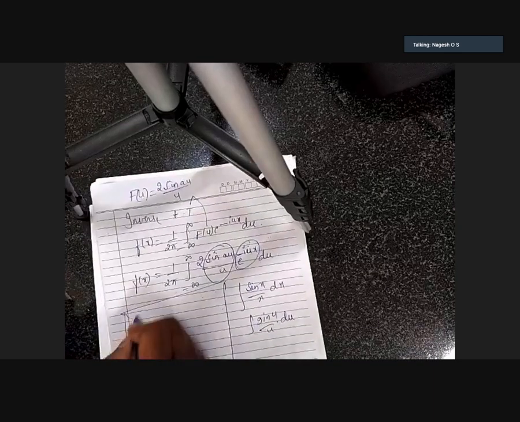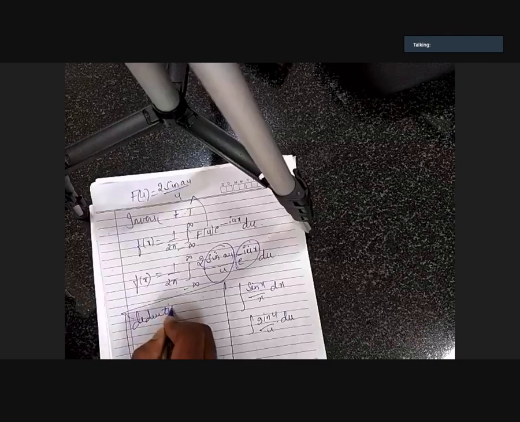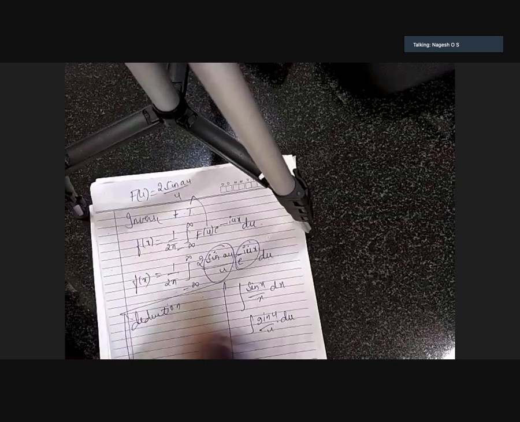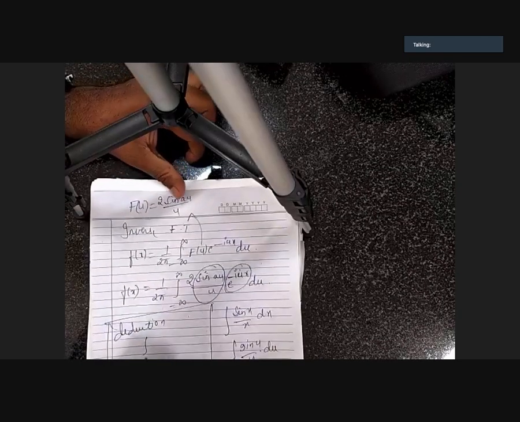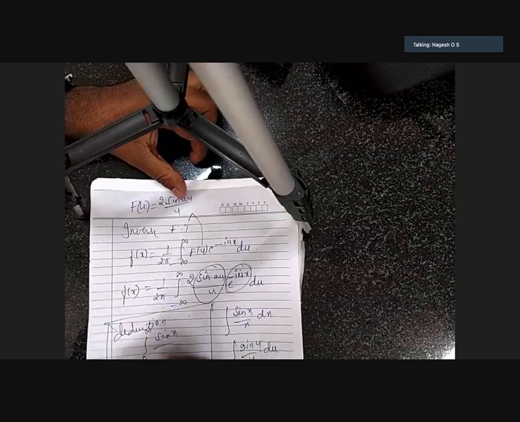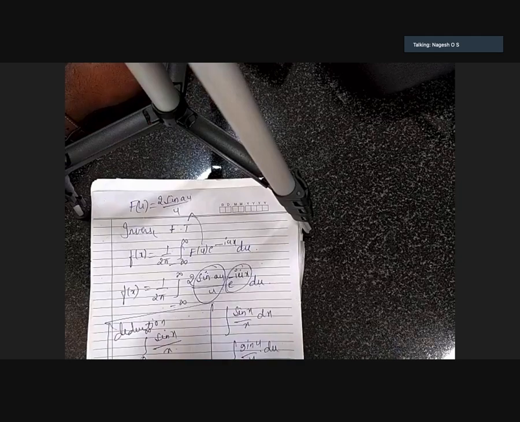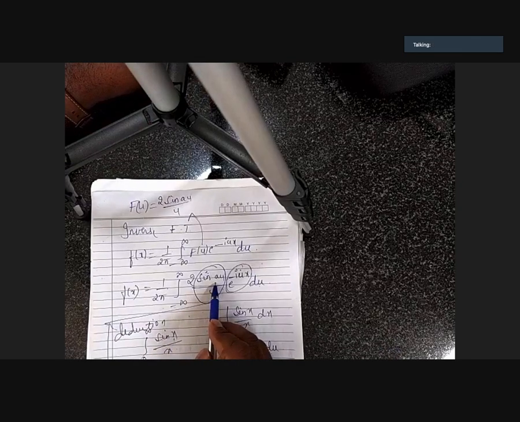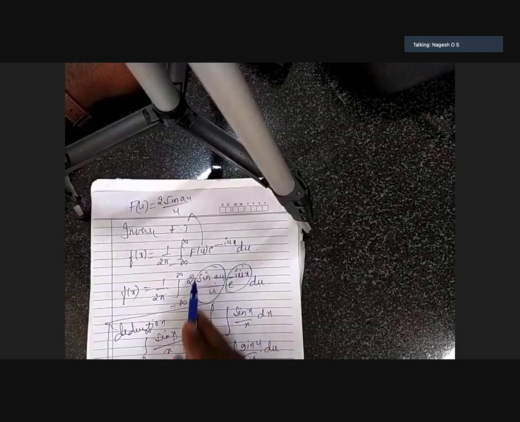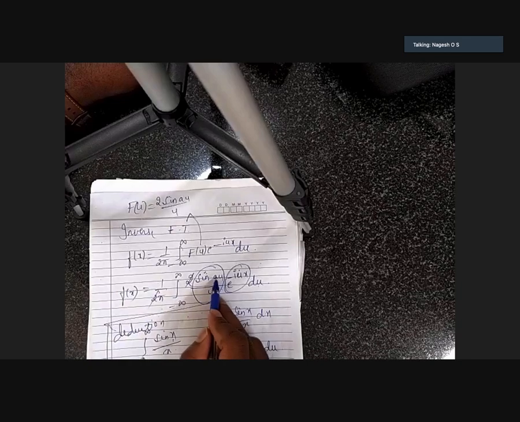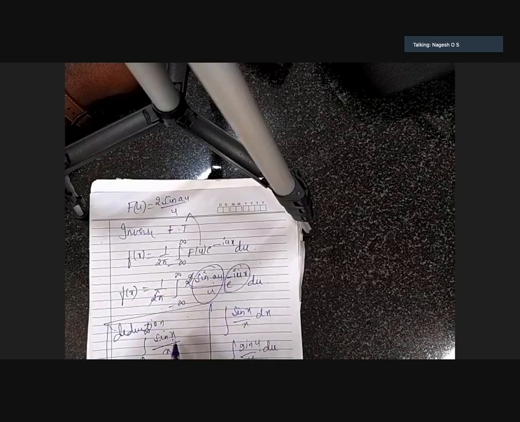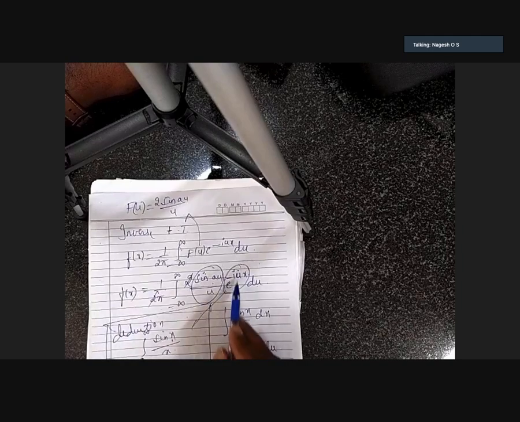Deduction part, what they asked is the integral from 0 to infinity of sin x by x. This much they asked. Compare this deduction part with this f of x. We have 2, we can cancel out. Then this a we can take as 1. Then in place of u, we can change to x. But the thing is, we don't have this. We need to make this as 1. How to make this as 1?